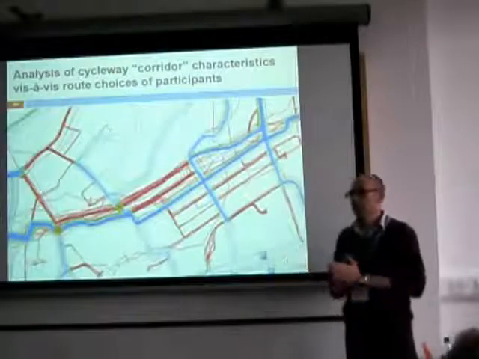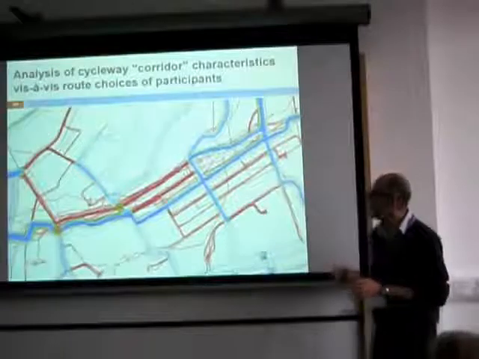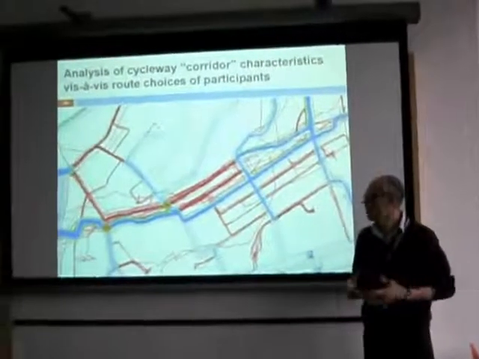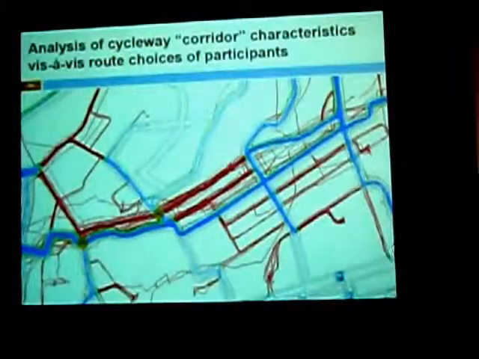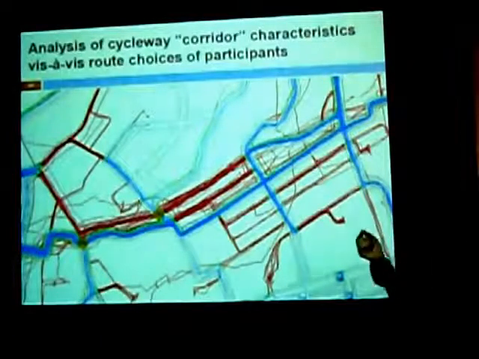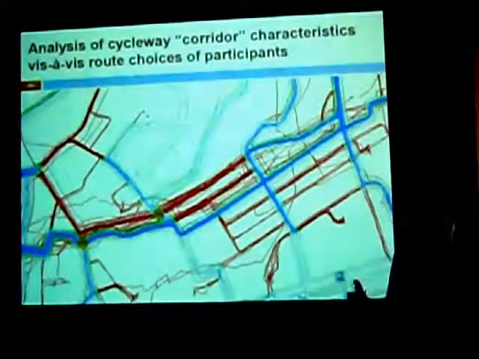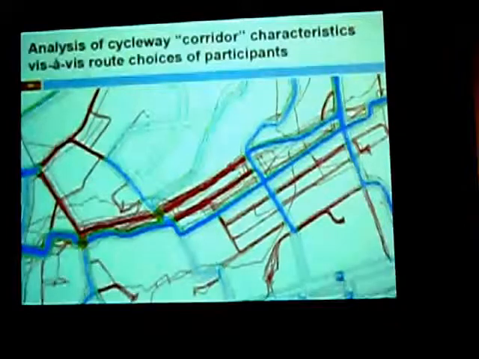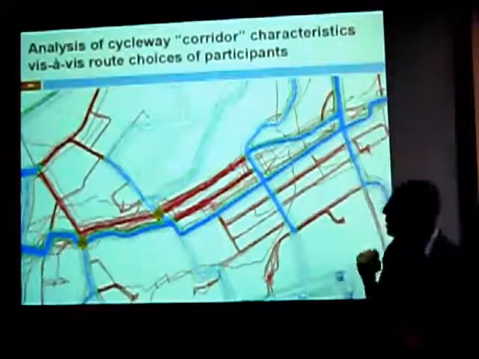Someone mentioned earlier algorithms to assign the GPS tracks to the route network. It doesn't always work very nicely automatically, so we have to do it semi-manually and find alternative ways. We set the GPS device to 5-second tracking. In retrospect, we should maybe have done 1-second tracking, but we wanted minimum interference with the cyclists. We wanted them to carry the GPS device throughout the week and not have the memory overflowing and losing data.